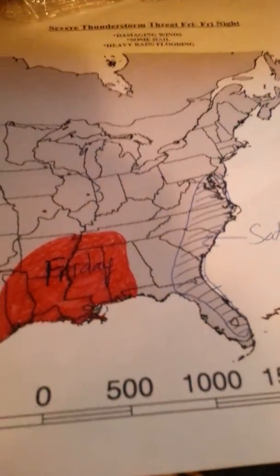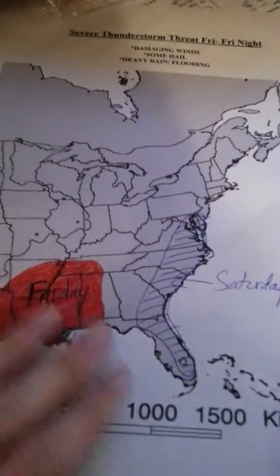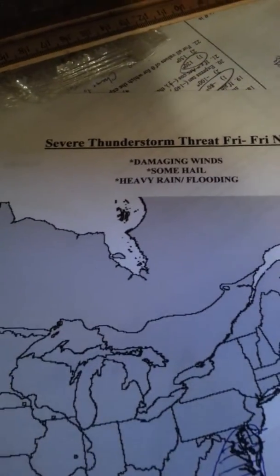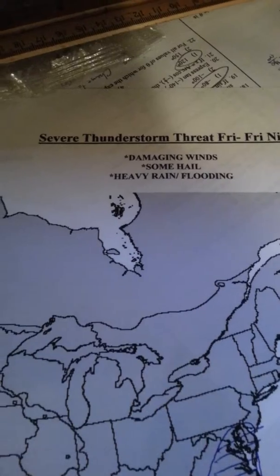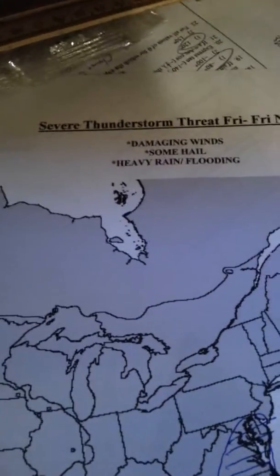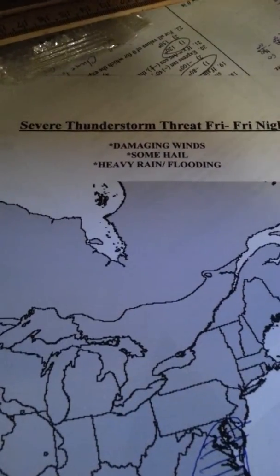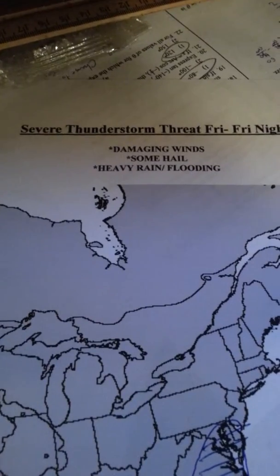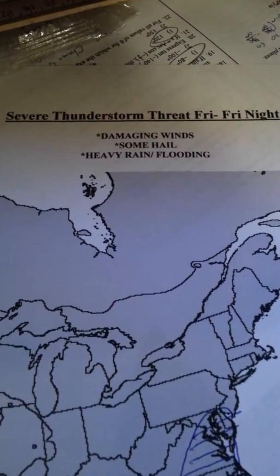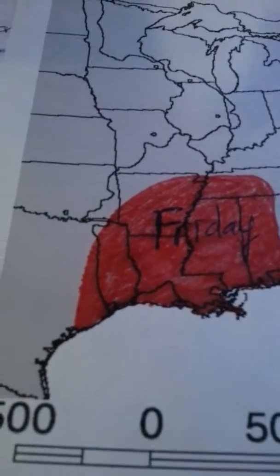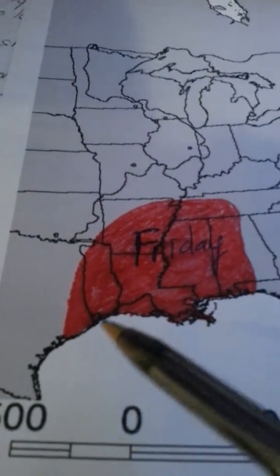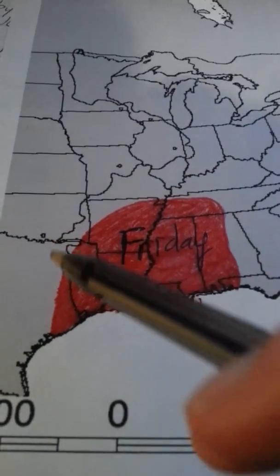So with all of that in mind, this is my threat map. Again, the threats, I have damaging winds, some hail. I think the damaging wind and hail threat is going to be across eastern Texas tomorrow, Louisiana, and southern Arkansas, and southeastern Oklahoma. So across the western portion of my area here, I think that's your main